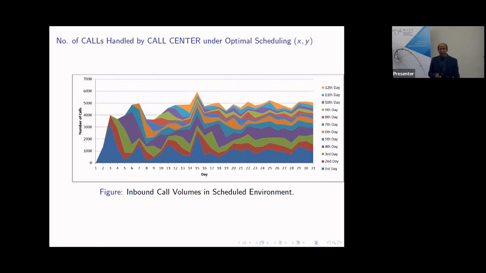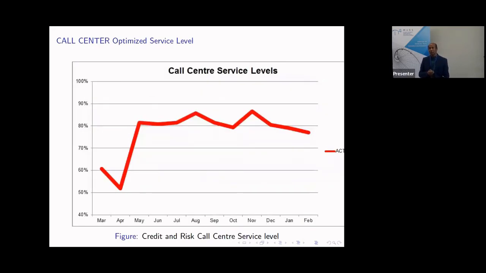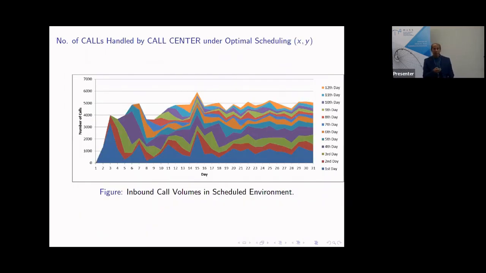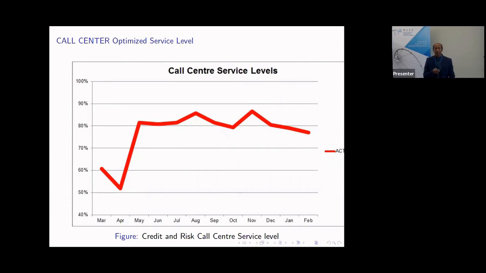But in the next slide, I virtually gave the service level for that particular month as well as the other months. As you can see, initially where we started with this data, it was very difficult, but gradually it virtually achieved the 80% success rate. One can see from here, in fact, and the company was very happy, and they gave a better position to the student that did this project. And thank you.